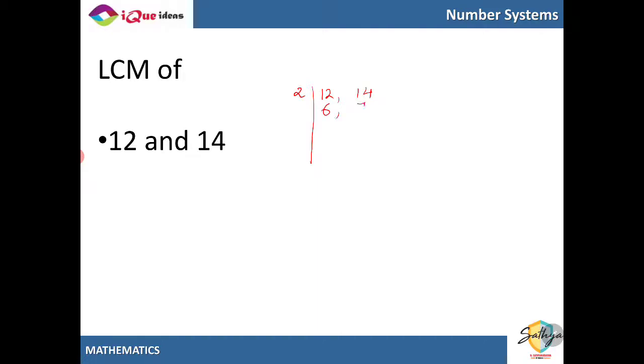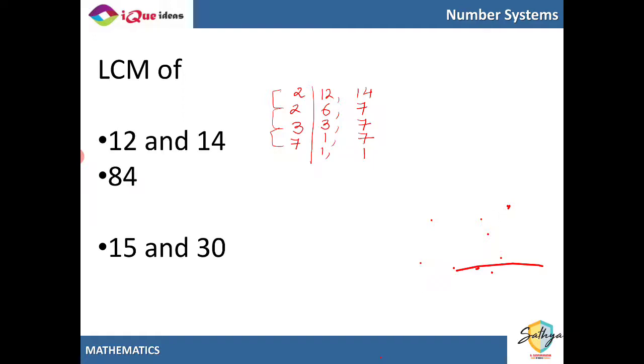2 6s are 12, 2 7s are 14. 2 3s are 6, 7 cannot be divided, keep it as it is. 3 1s are 3, 7 cannot be divided, keep it as it is. 7 1s are 7. So 2 2s are 4, 4 3s are 12, and 12 multiplied by 7 should give me the final answer, and that is the LCM for both the numbers combined,